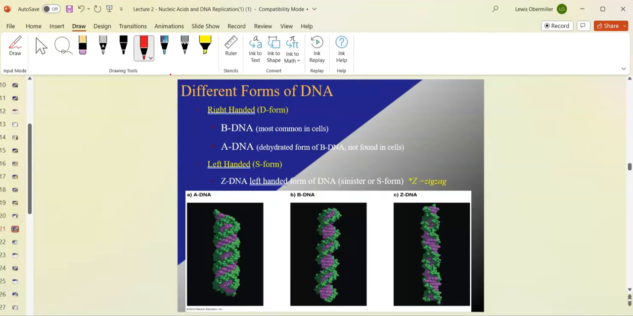All right, different kinds of DNA. So we have a right-handed form of DNA, which is called D form, and that's B-DNA, which is most common in all cells of your body. A-DNA is a dehydrated form of B-DNA. It's generally not found in cells unless they're dead because they're dehydrated. And then there's a left form, S form, which S stands for sinister because we all know that left-handed people